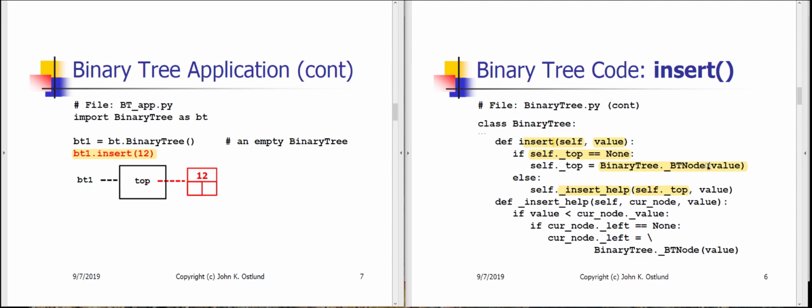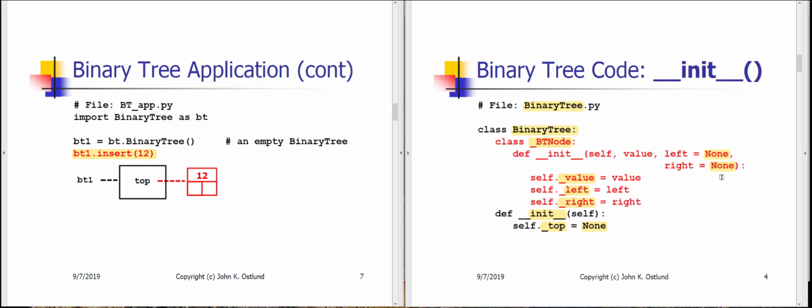Let's remind ourselves what this BT node class is about. All right, here's the BT node class. I'm passing in the 12, and I'm not passing any values for left and right, so those are going to be none by default. Consequently, the init function in the BT node class is going to create an